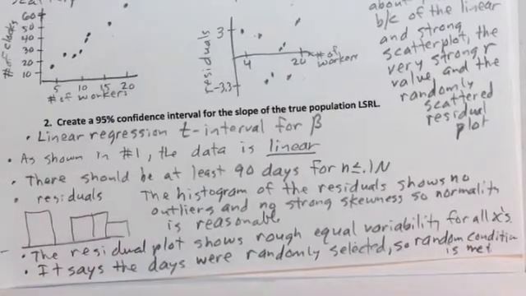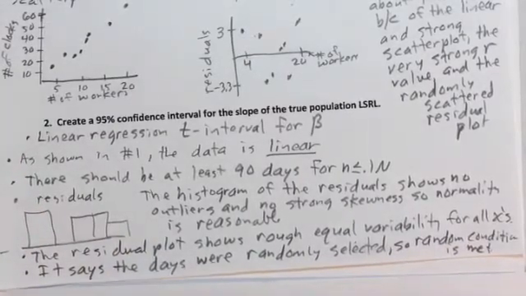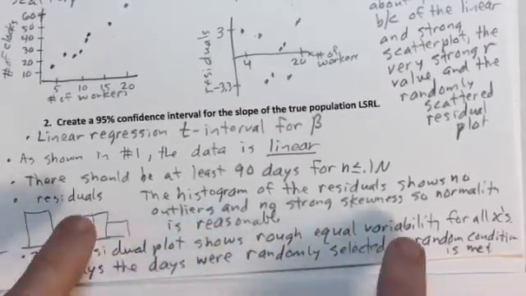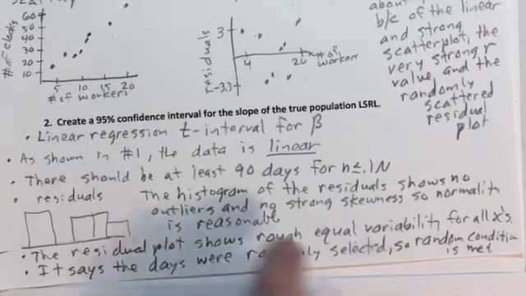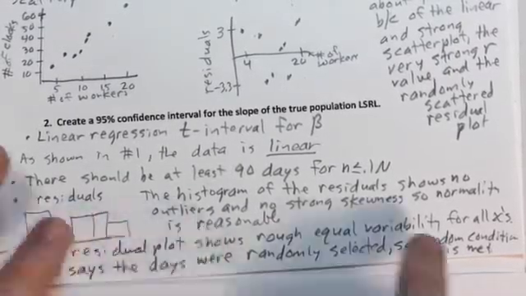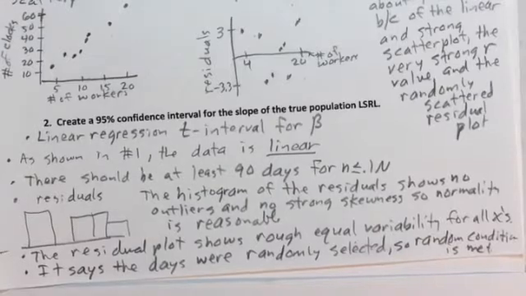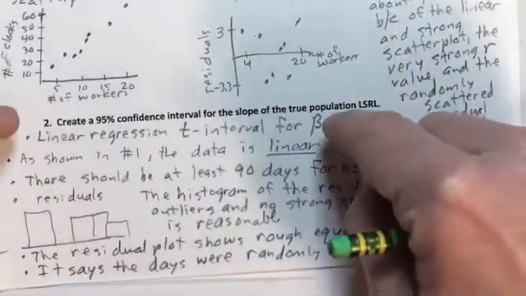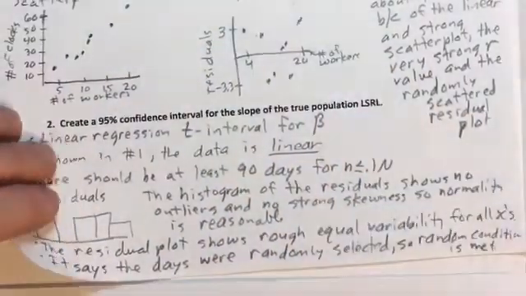So there you go. Now, having said all of that, anytime this has been on the exam, they go ahead and tell you to assume the conditions for inference are met. You do need to understand this, I would say, but because it is so time consuming, really anytime this has been on the exam, they've said just go ahead and assume the conditions for inference are met. All right, so that is your type of inference and your assumptions. And now let's look at